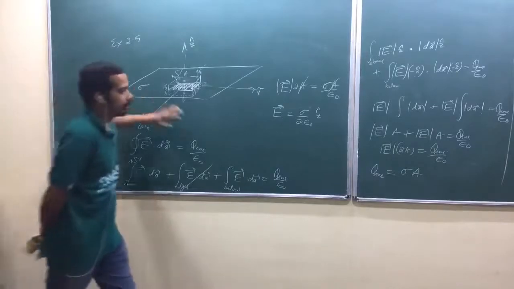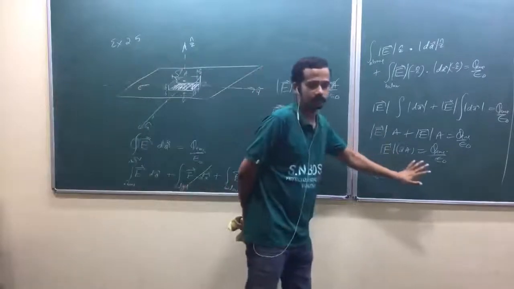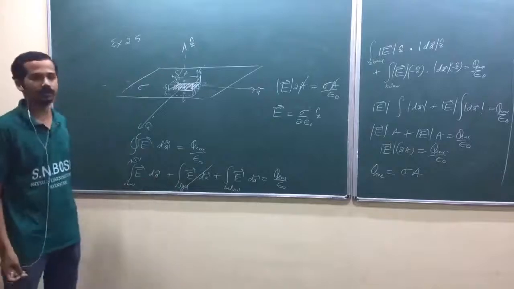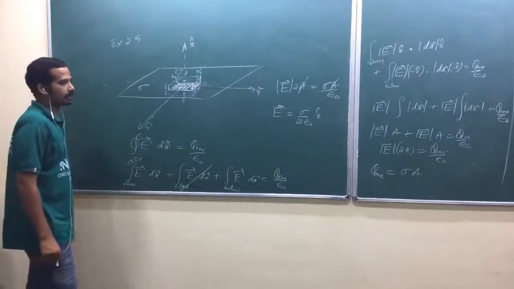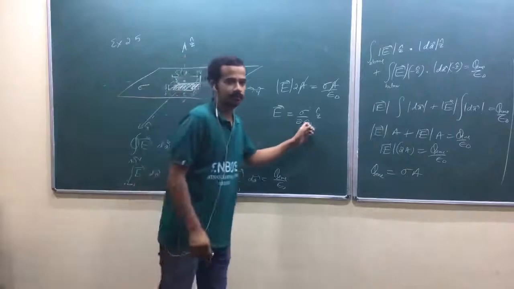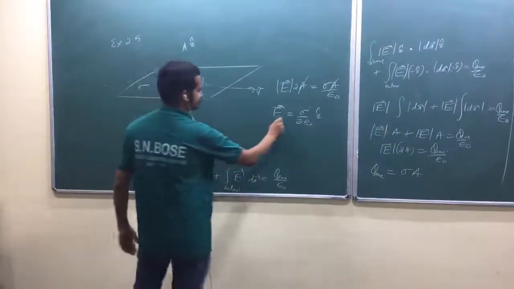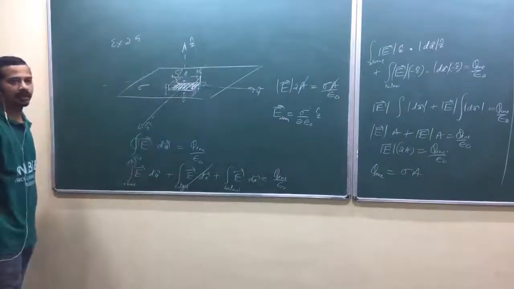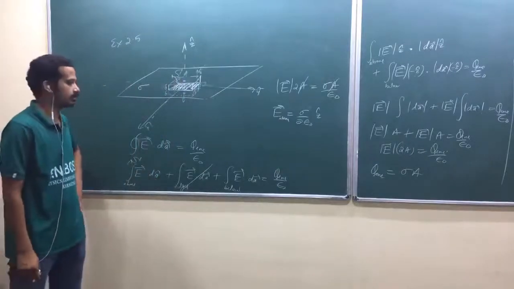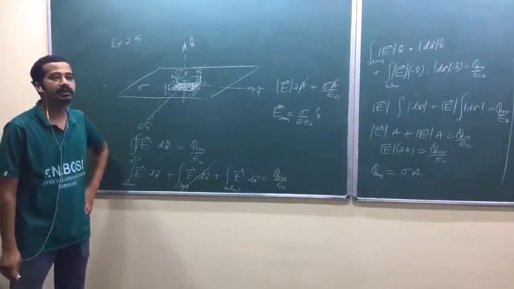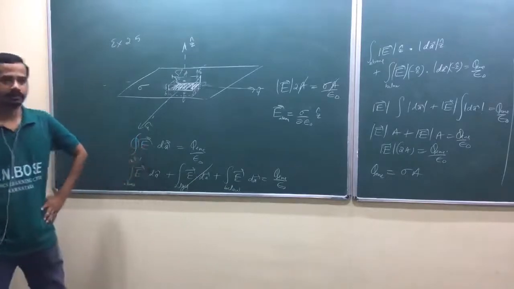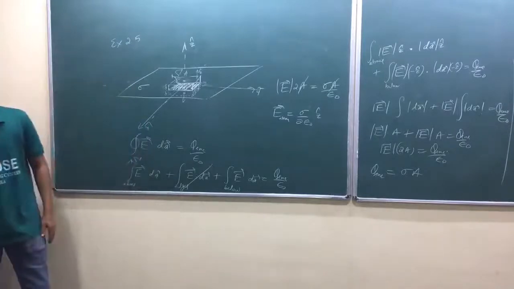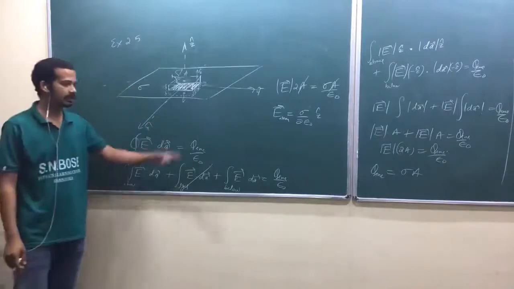So Gauss law gives only magnitude. Again, that's what I was stressing. You have to find the direction yourself. Okay? Gauss law gave only magnitude. Is that okay? So this is above the plane: sigma by 2 epsilon naught Z cap. So now sigma is constant, so electric field is independent of Z. Am I right? We were expecting that it may depend on Z. If any dependency comes, it should depend on Z. But look at here, it is independent of Z.